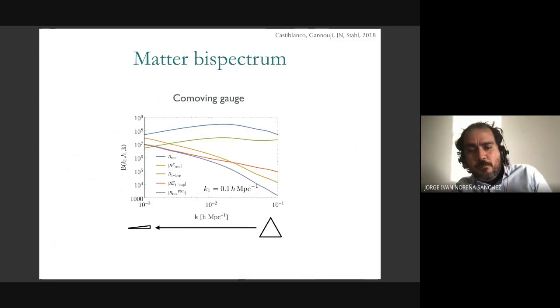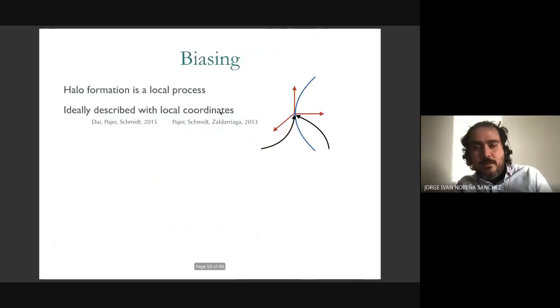And now let's look at the one loop. The one loop is, as expected, smaller than the tree level, but it's also f_NL of order 1, as you can see here. And also the redshift dependence is the same as the primordial signal. So again, you have to correct for this at one loop if you want to get to the precision of f_NL of order 1. Of course, you have to do this for an actual observable, but we are doing the calculation step by step. Each step is a pretty long calculation.